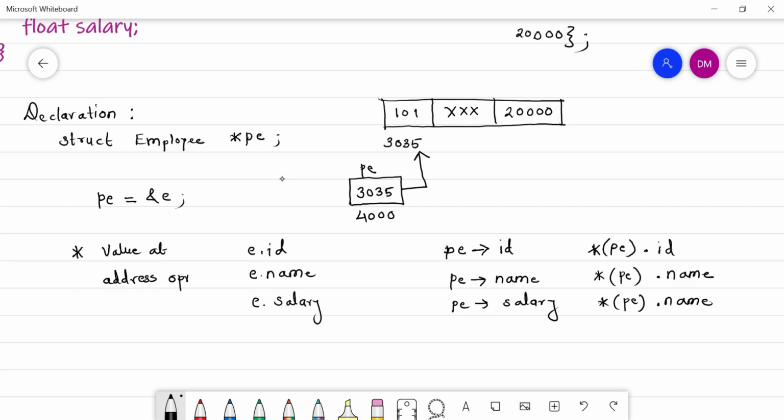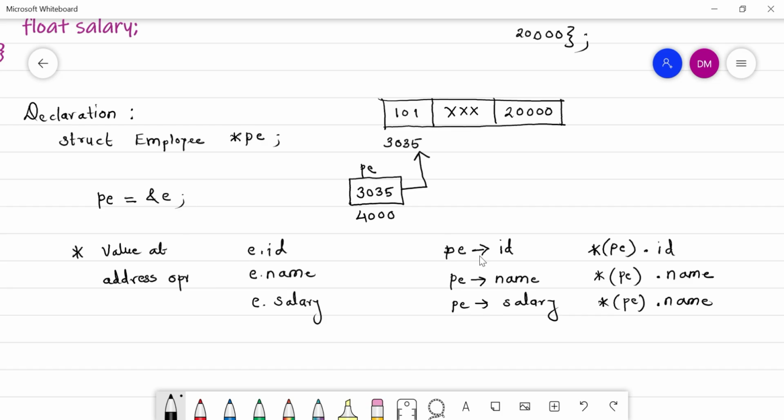So again, the operators remain the same, everything remains the same, and the declaration part also remains the same. Just remember this time that while declaring, you have to use the structure type for creating a pointer variable. You can assign the address of your structure variable using the ampersand sign.